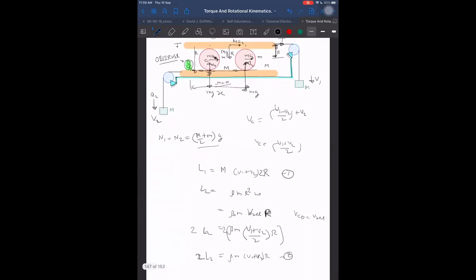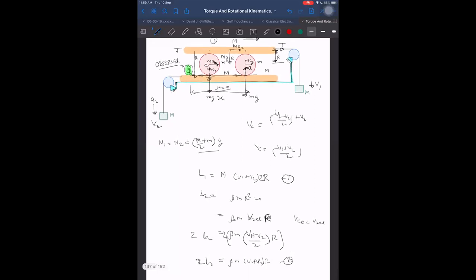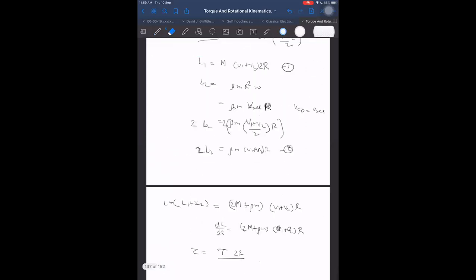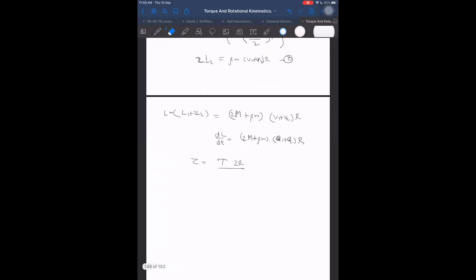Now I am understanding what is happening here. So their torques are becoming 0. This torque is overall becoming 0 because of mg and because of this. How does it become 0 and how am I able to realize it quickly? By this way. Let me tell you my method. How did I do it fast?